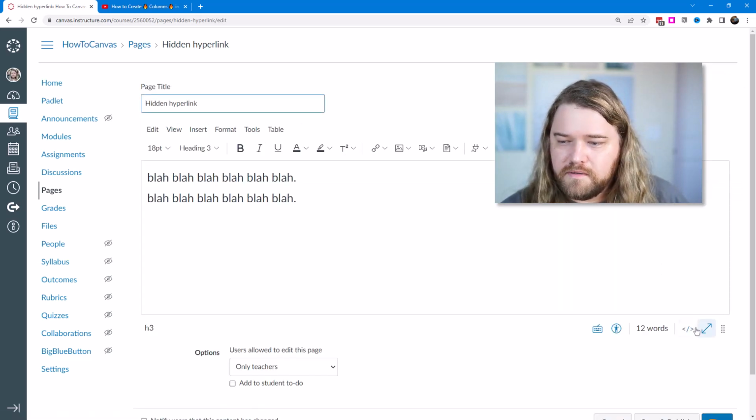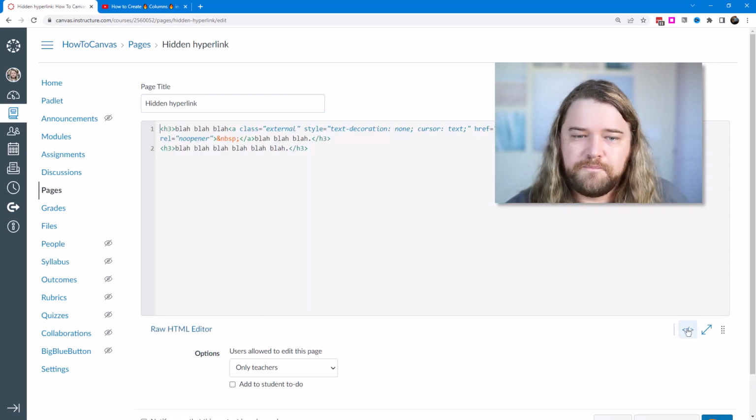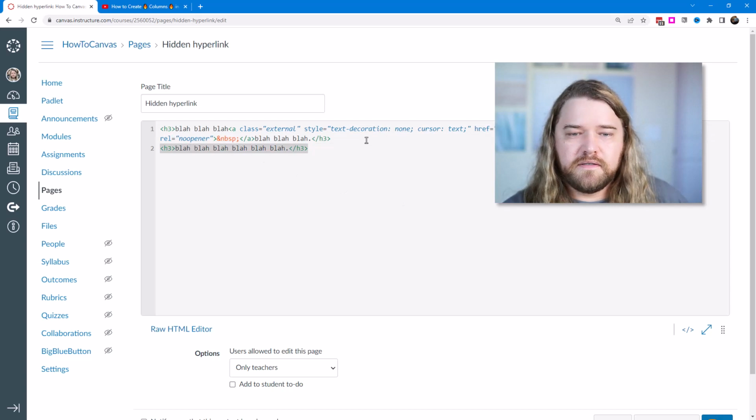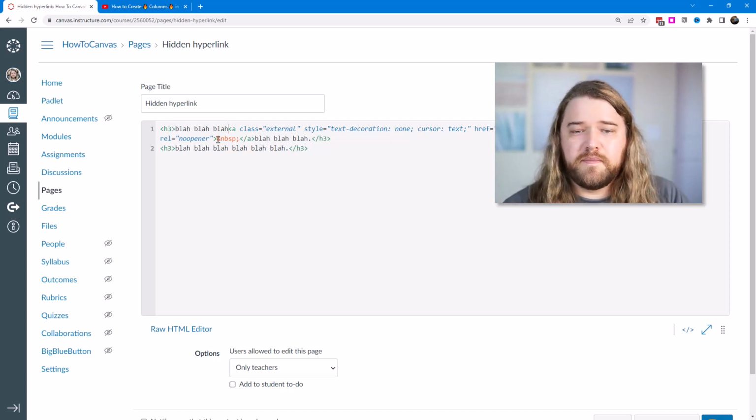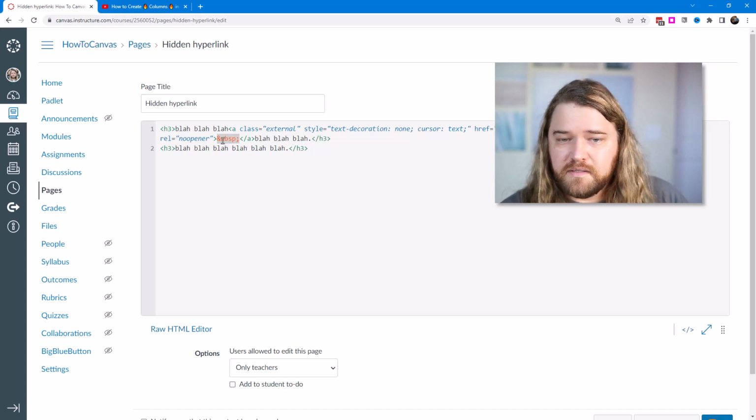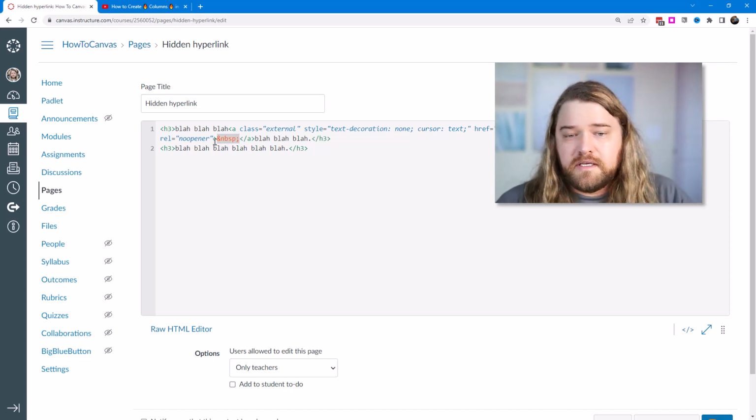What code did I use? So I'm going to hop over to the HTML editor, and you can see I have two lines. They just say blah blah blah. You'd put your own content there, and after the third blah and before the fourth blah, you can see I have this hyperlink here, but it's not just the regular hyperlink. So what I did is I wanted to hyperlink the space, and in order to do that I had to write out space. So ampersand NBSP is a non-breaking space, end it with a semicolon, and that's HTML code for